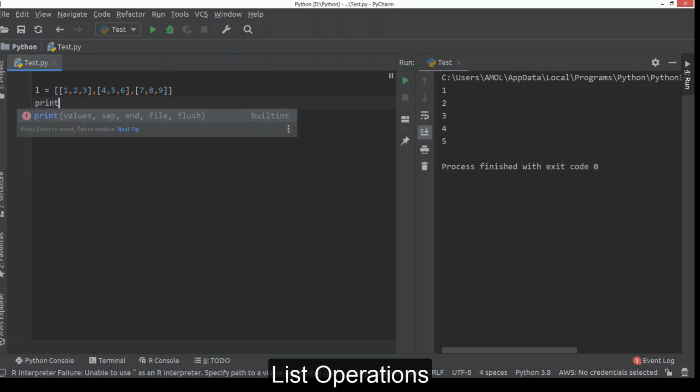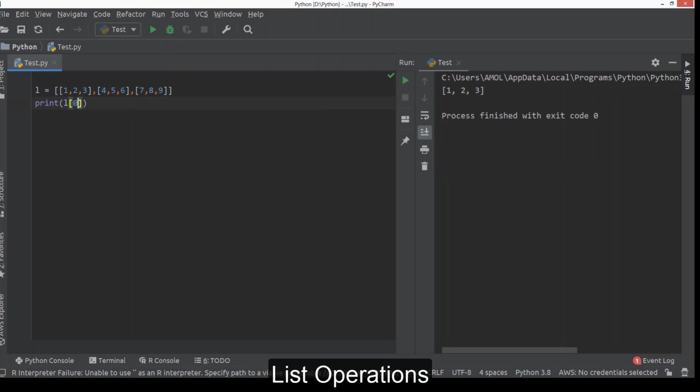And you can access this list by providing an index value. Now when you say L[0], it will go for the first row, or say the first list, and it will print the first list here. Same way we can go with the next 2 lists like L[1] and L[2], so it will print 3 rows like this. And if you want to access an individual element of an inner list, then you can go with the next index value with another square bracket. So when you say L[0][1], it means it will go for the 0th list and first element, so it will print 2.